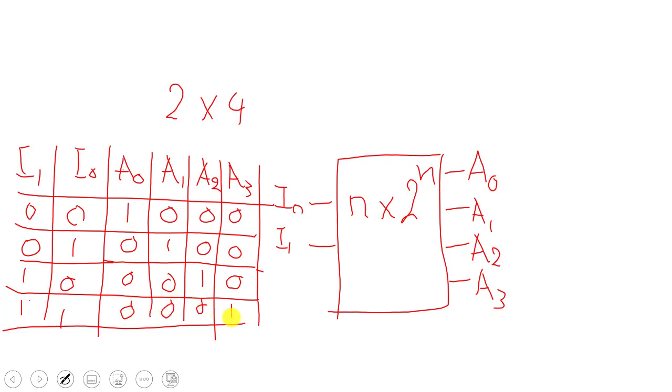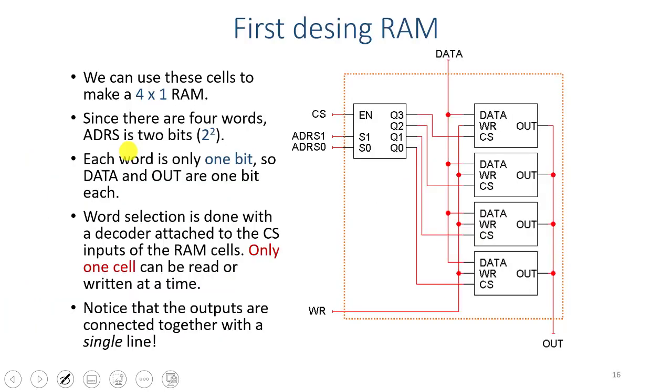So you can see the decoder, only one output is active at any time depending on the inputs. Let's go back over here. So if I put on the address 0, 0, I'm going to select Q0. If it's 0, 1, I'm going to select Q1, and so on. Next step,